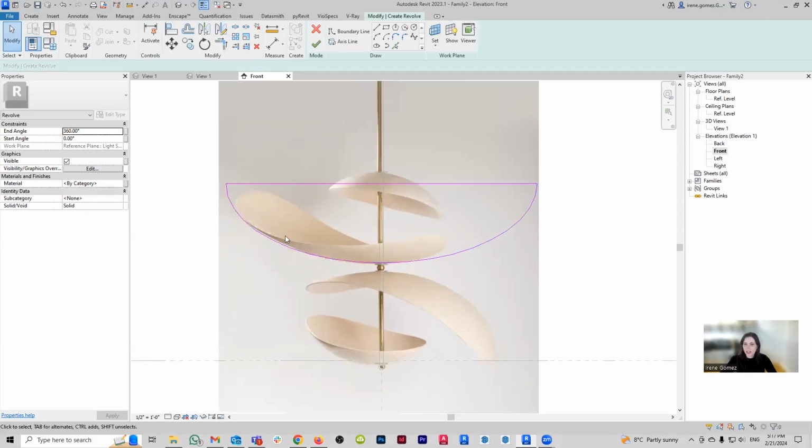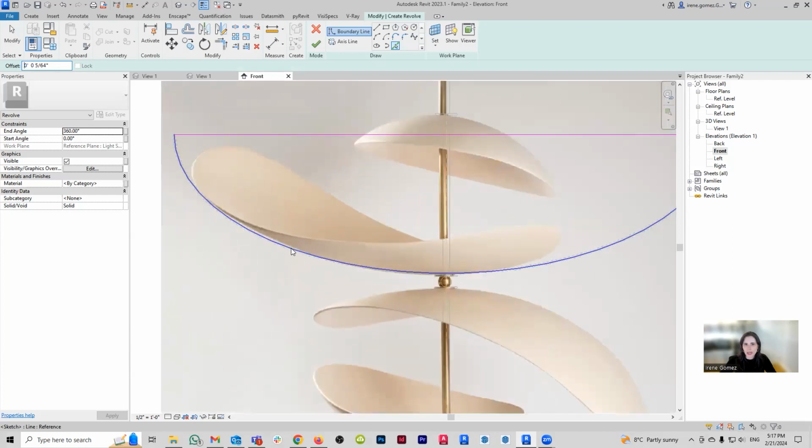The other thing that I can do here, because if I just do this, my watermelon is going to be solid. And I don't actually want the full watermelon. I want just the skin of the watermelon. So what I can do here is go to pick line, and I'm going to give it an offset. And I want that offset to be the teeniest, tiniest thing, because as you can see, this lighting fixture is very dainty, very fragile looking, so to speak. So let's give this offset like, I don't know, 2 millimeters.